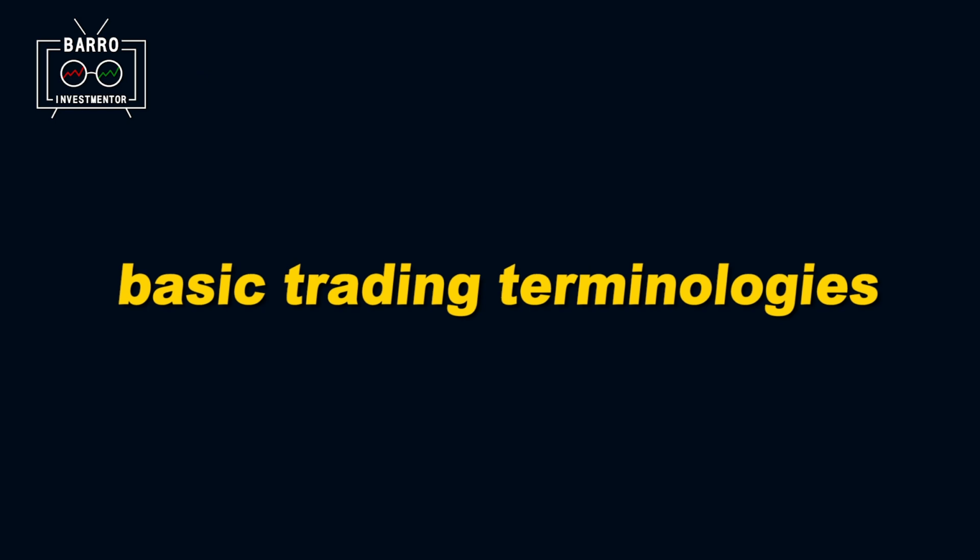In today's short video, we're going to be a little bit boring, but easy. We're going to go through some basic trading terminologies that should be helpful, especially for beginner traders. What is long and short? What is bid and ask? What is spread? What is the limit order? What is market order? What is day order? What is margin, liquidity, volatility, trading volume, market capitalization, bull market, bear market, IPO, secondary offering, outstanding shares? What do all those terms mean?